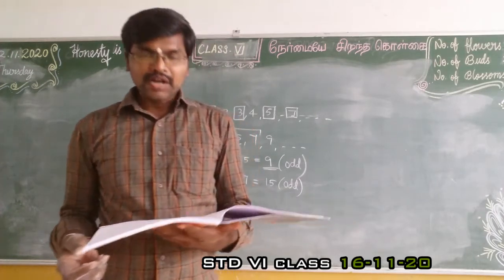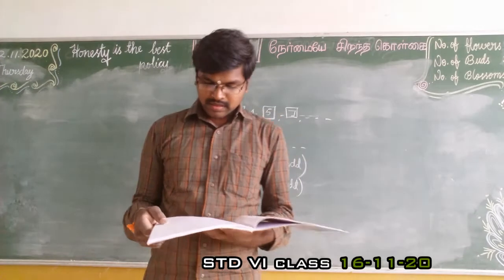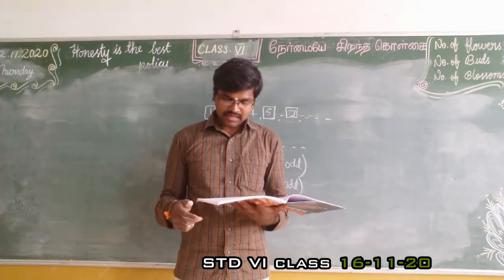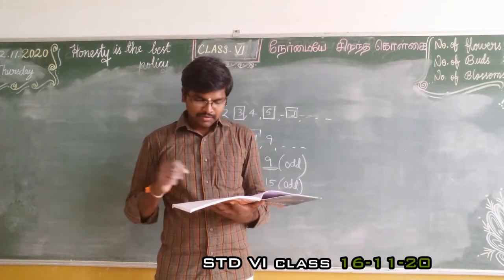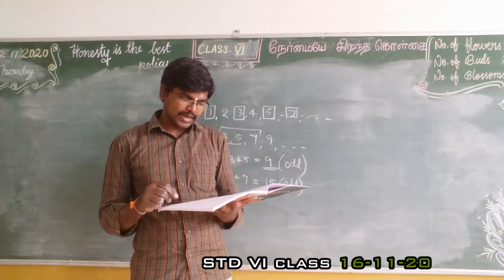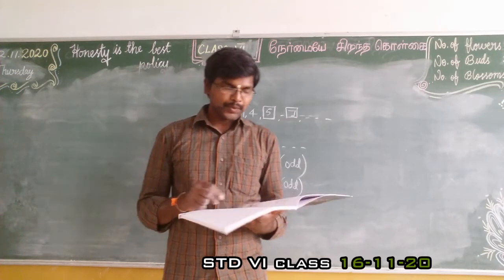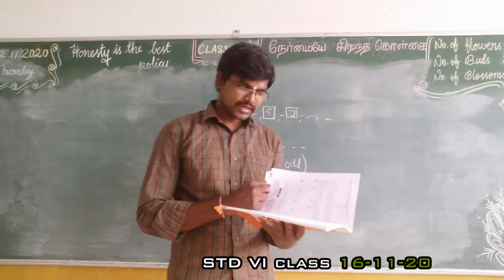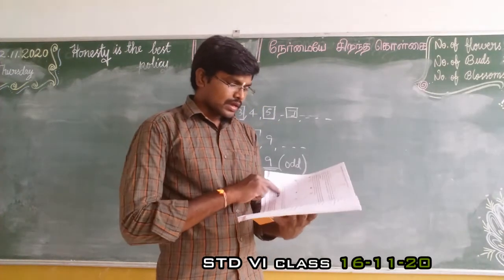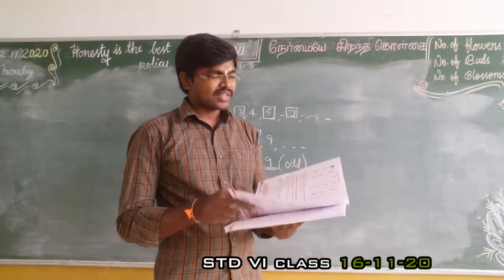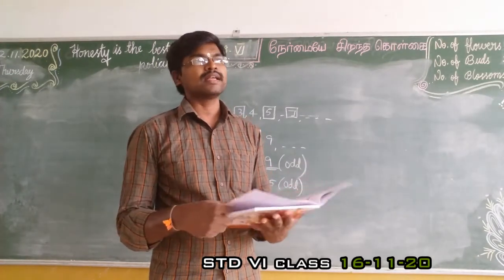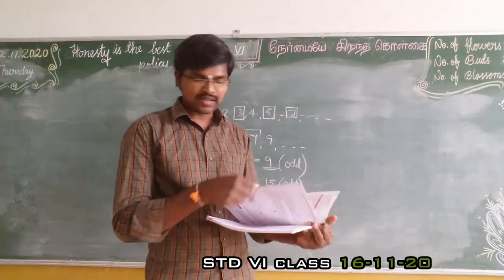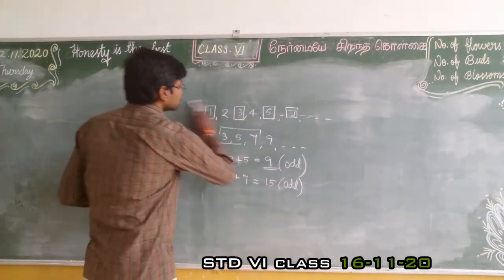The digits of the prime number 13 can be reversed to get another prime number 31. Find if any such pair exists up to 100. So in this question they have given one prime number and also the reverse order. Like 13, what is the reverse order? Reverse order of the 13.